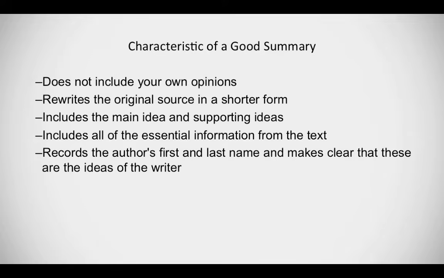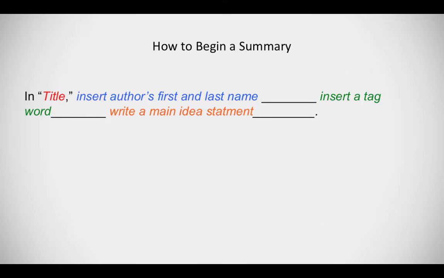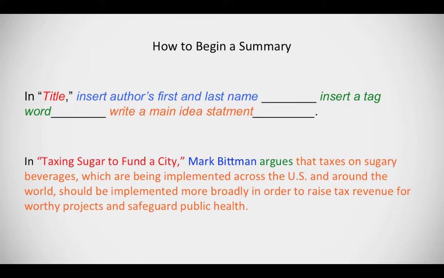One really good idea when writing a summary is to start with this fill-in-the-blank sentence frame. If you start every summary response essay you write with this sentence frame, you'll be sure that you include several of the essential characteristics of a summary in your summary paragraph, including the author's name, the title of the article, and a summary of the main idea. Here's an example that uses Taxing Sugar to Fund a City. In Taxing Sugar to Fund a City, Mark Bittman argues that taxes on sugary beverages, which are being implemented across the U.S. and around the world, should be implemented more broadly in order to raise tax revenue for worthy projects